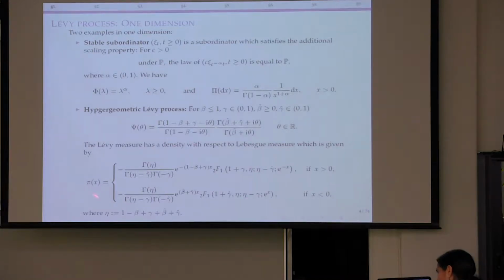This class here you're going to see a lot of throughout the course. This is a Levy process whose characteristic exponent may or may not have a killing term. It depends if we set theta as 0, it depends what the values of beta and gamma hat and beta hat are. But this is called a hypergeometric class of Levy processes. This was not really known too much until a few years ago, very recently. It was defined by